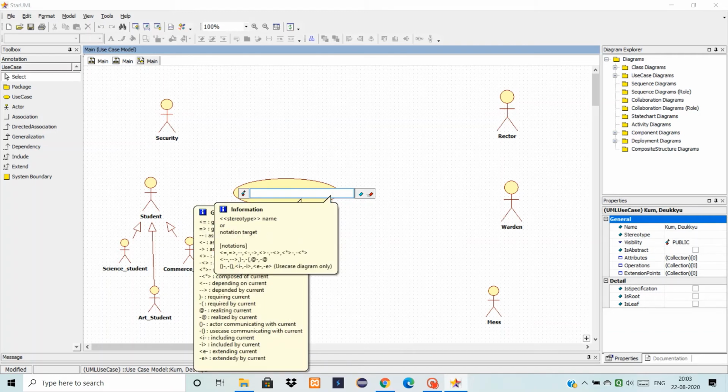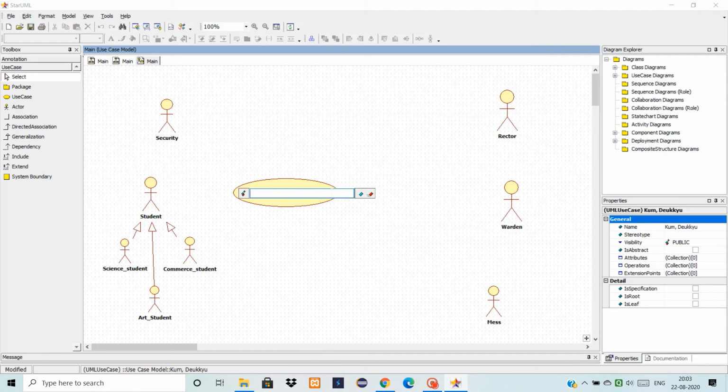Remember that it's better if you put a verb here, so that it represents the operation basically. So, to maintain discipline.